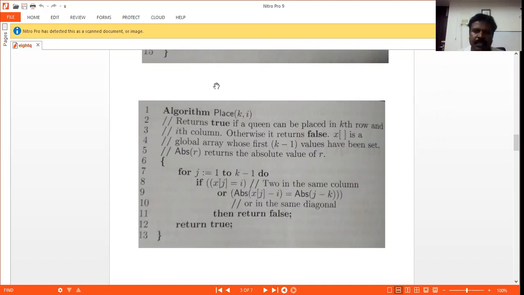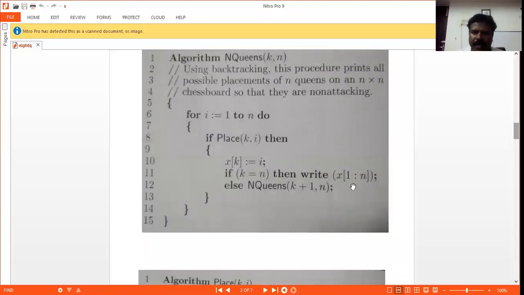Then we have to rearrange the position. So place, you have to move the place. k equal to k plus 1, you have to start and we have to continue, right? So this one is here, right? So we are doing that backtrack. So here, whether it is placed, then we can place, then we'll go for next queen. If it is not possible to place, then we'll go for return back and you have to rearrange that k into k plus 1. So like we have to move that one and we have to continue our program,